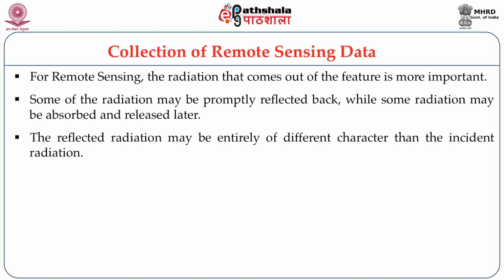That is, it may be promptly reflected back, or it may be partially absorbed, or it may sometimes be absorbed when the radiation falls on it, but reflected back at a later period. So any of these effects could be there. The reflected radiation may be entirely of a different character than the incident radiation. Sometimes a particular wavelength of radiation may be falling on the feature, but the reflected radiation may have a different character. That is, sometimes the wavelength of the radiation coming out of the feature may also change. So any of these effects could be there, and in the collection of the data,